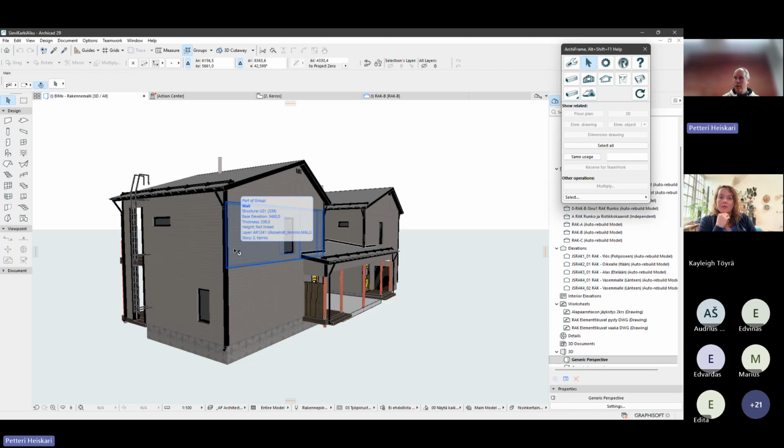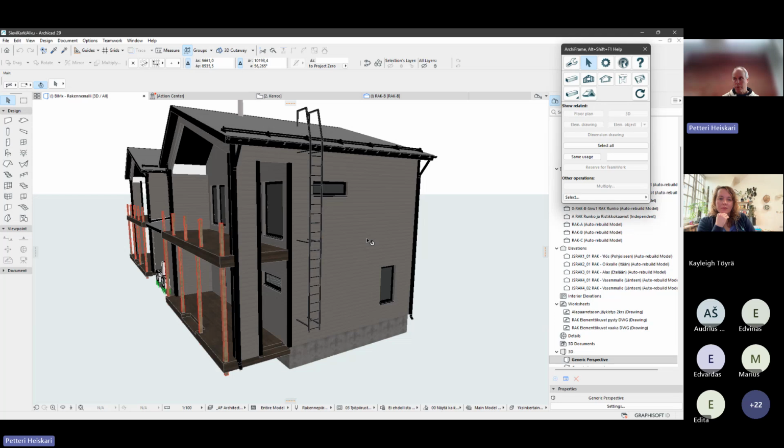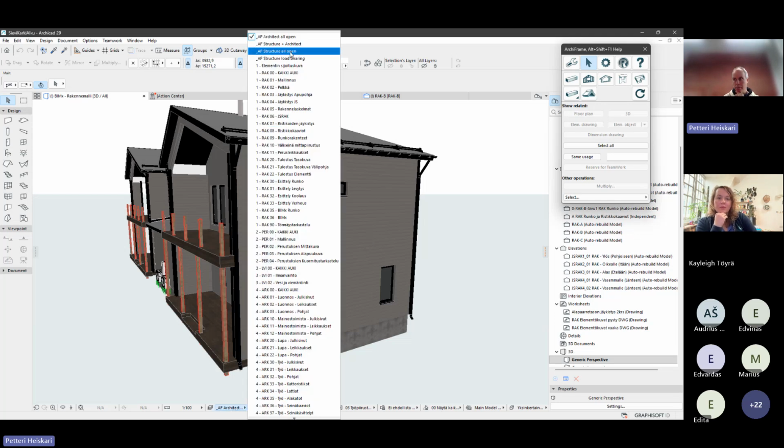I believe they are not developers, so there is another company buying the land and financing building these houses. But anyway, there's a good base having a ready-made, native Archicad model, and then let's switch